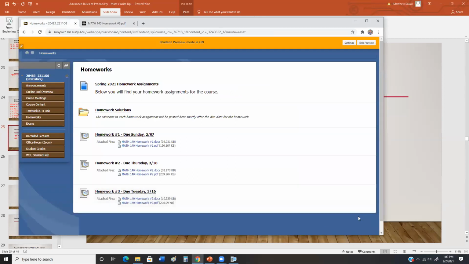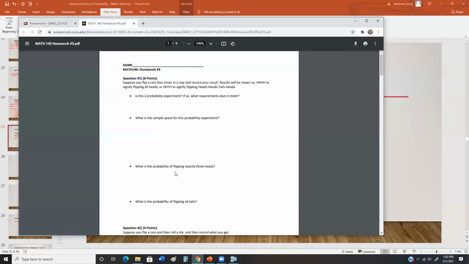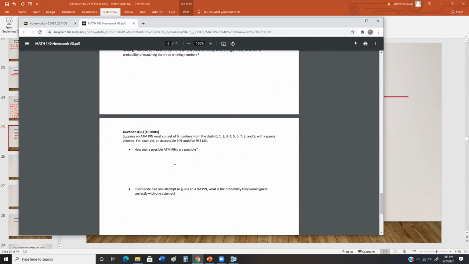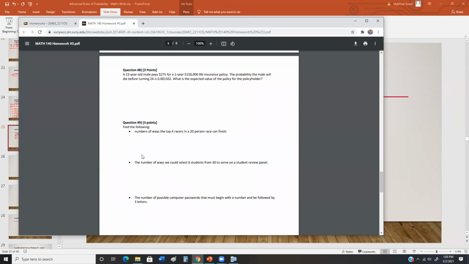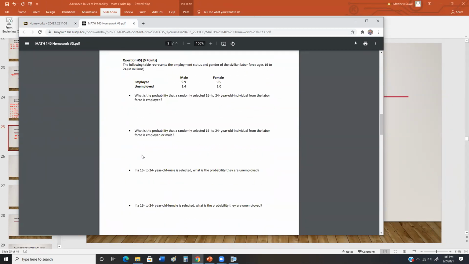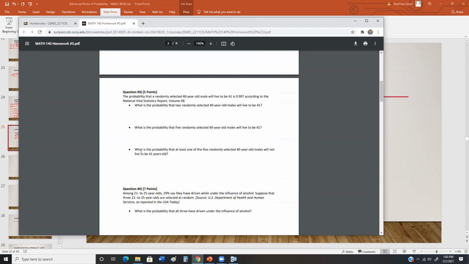Your homework is posted here. It is due the 16th, so Tuesday the 16th. So 2 weeks from now, we're going to have our next exam, and this homework is designed to help you study for the exam. That's really what the purpose of the homework is. It's a pretty lengthy homework. I forget, it was 8 or 9 questions, something like that. 11 questions, sorry. But these are all just old exam questions. So these are the exact type of questions that I would ask on an exam. So doing this is a great way to study for that exam.